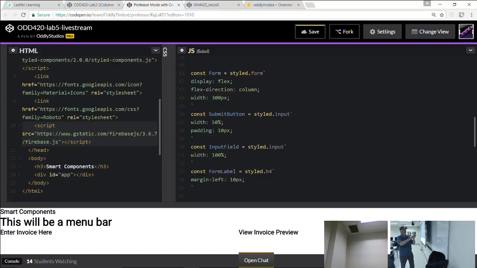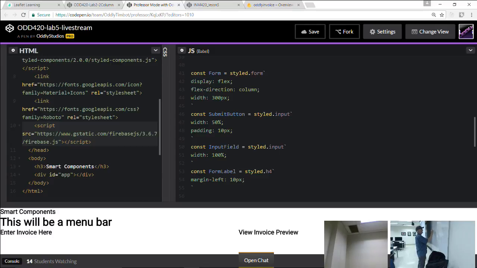Here's how it's going to work. We've got our 2-column layout. And this form is going to need to talk to Firebase, right? When we're entering in the information, we're doing that so we can submit it into Firebase. Which means this guy is going to need to be a smart component. He needs that life cycle. He needs a state. So we're going to make a smart component over here.